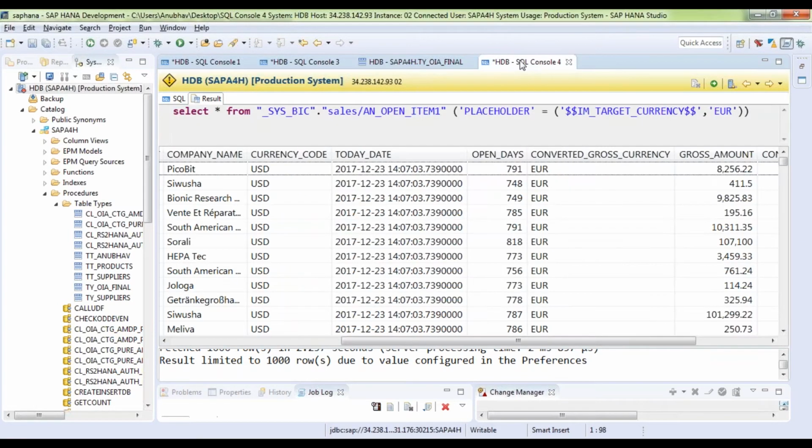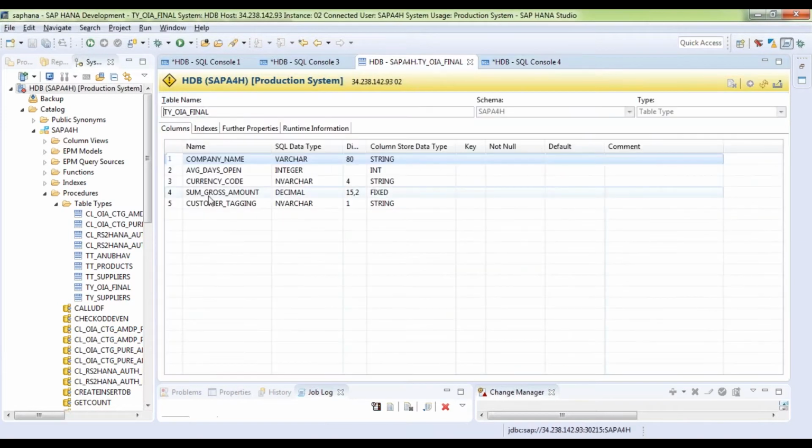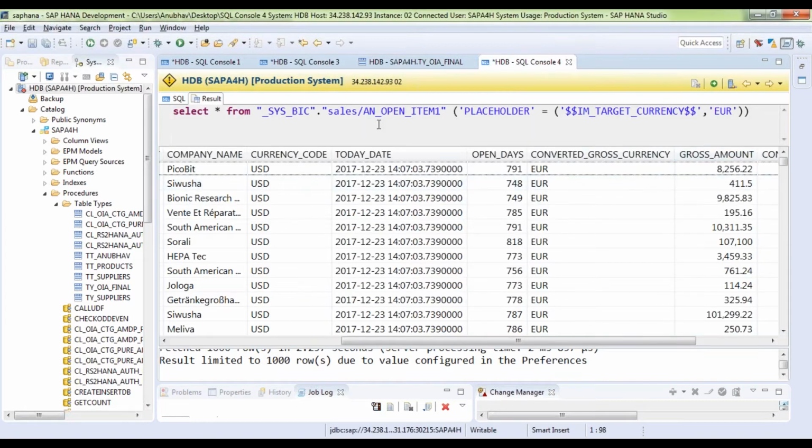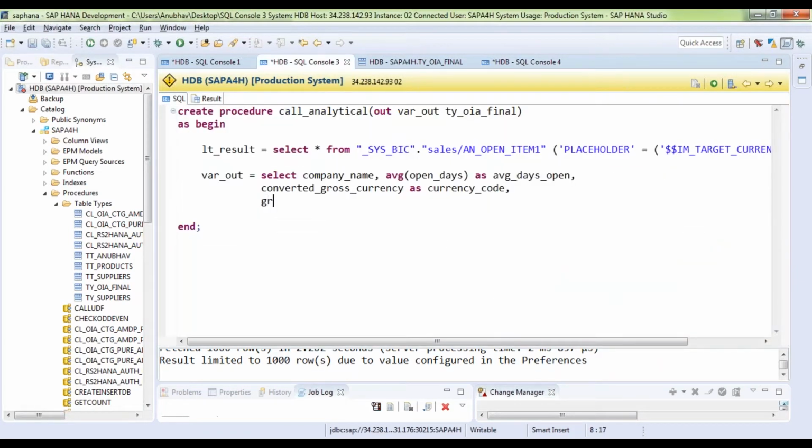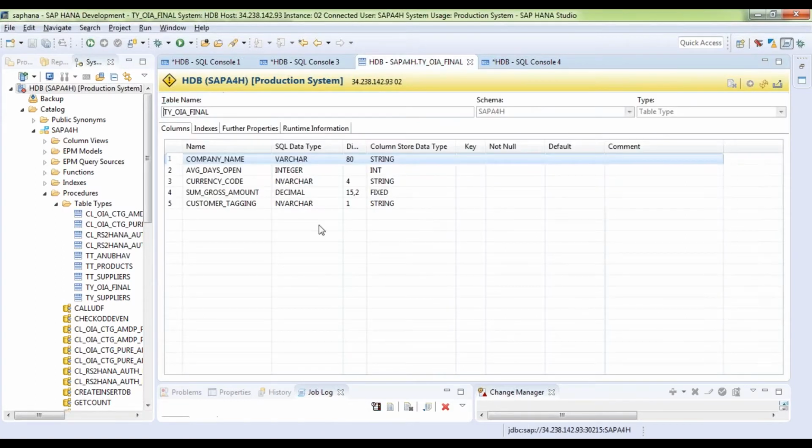Then the next one we have in the table type is sum gross amount, and here we have gross amount, so calculate a total for that. And the next field is customer tagging.